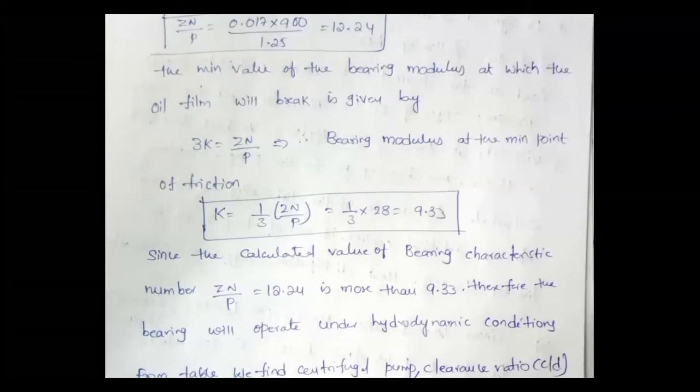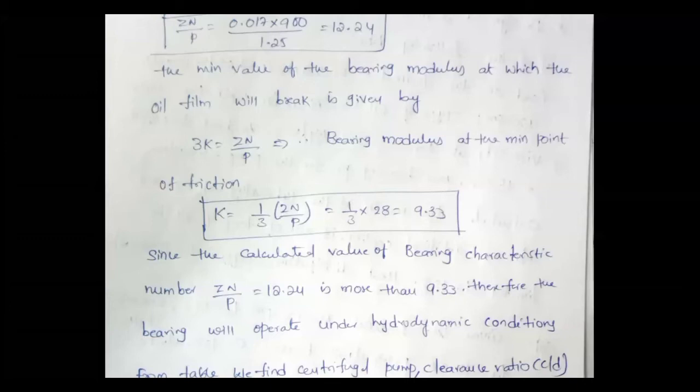You already know the formula of the coefficient of friction. What is the formula? Mu equals 33 by 10 power 8, times Zn by P, times D by C, plus K. So you already know the coefficient of friction formula. I will derive each and every parameter: what is Zn by P, what is D by C, and what is K. We will go one by one. The first parameter is Zn by P.